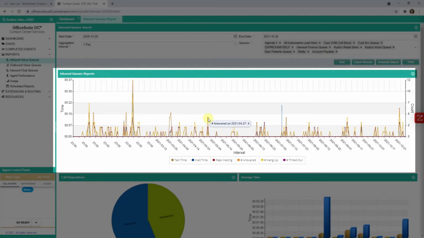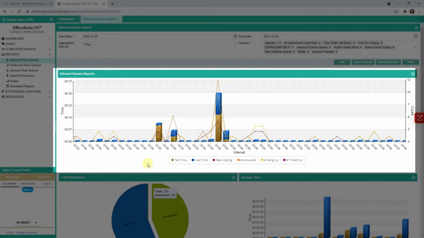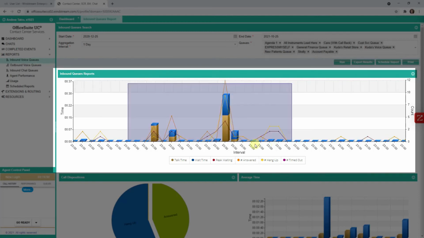You also have the option to get a little more granular. If we want to focus on just this area, I'm going to highlight it by clicking and dragging. Now, when I release the button on my mouse, it will zoom in and we can more clearly see the information. Then, if we wanted to do it yet again, we can click, drag, and release, and it will zoom